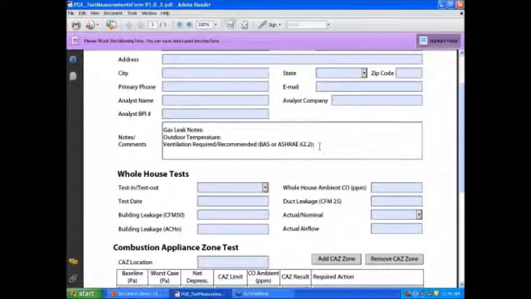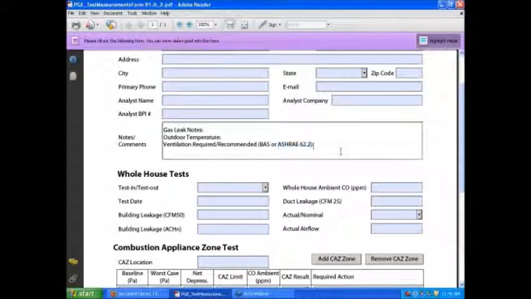Anytime a building is being worked on, it should comply with ASHRAE 62.2, whether it's new construction or existing construction, really. So what we'd like you to do is do your BPI thing and calculate the building airflow standard based on the building leakage. Determine whether BPI says you need to recommend ventilation or require ventilation. And then we'd also like you to do an ASHRAE 62.2 calculation as well